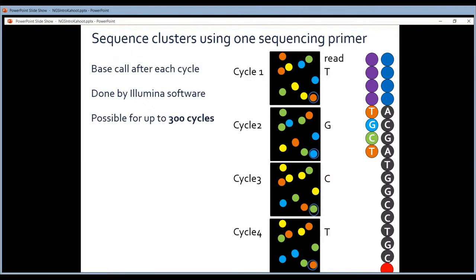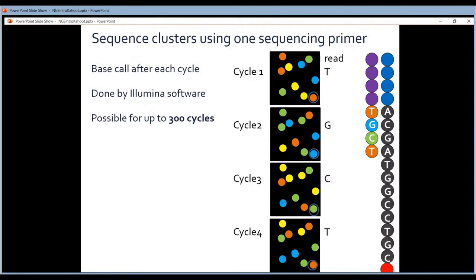It gets something that looks a bit like an A, but it can also be a C. So it's confused. And this is why the software not only calls the bases, but it also calls what are called quality scores. So for every base call that it does, it will also give you a quality score, how sure it is about that call.